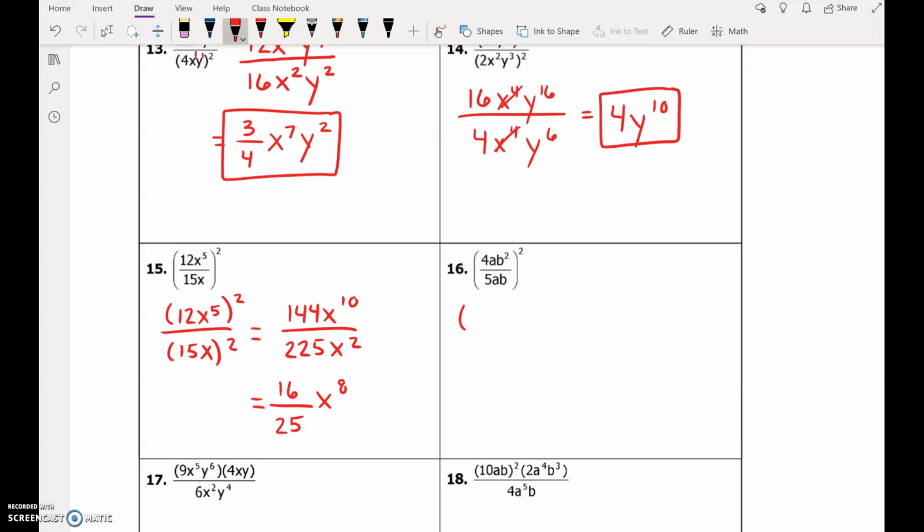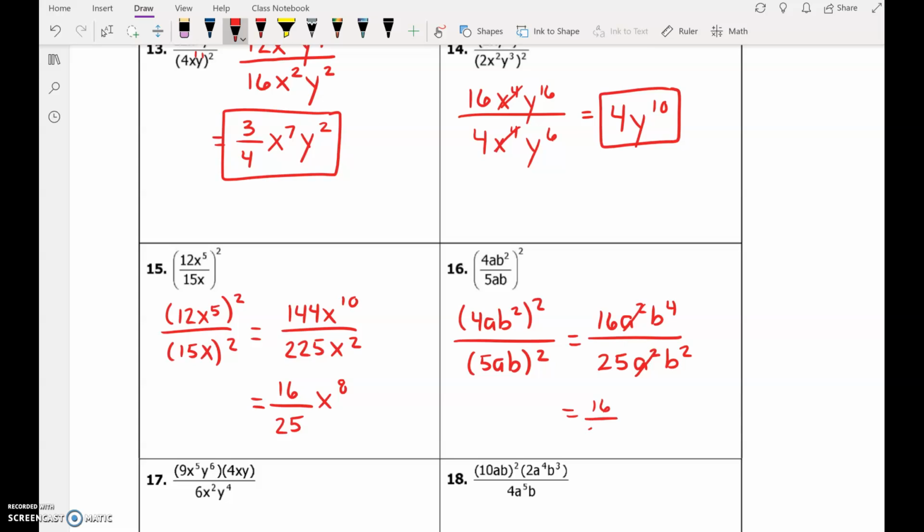And last but not least, for number 16, I will keep the top portion and the bottom portion, and I will square both of those pieces of the fraction. So 16 a to the 2nd b to the 4th divided by 25 a to the 2nd b to the 2nd. And as we subtract, this is a fraction that cannot be reduced, but b squared would remain in our final answer. So I know I finished those off rather quickly, but